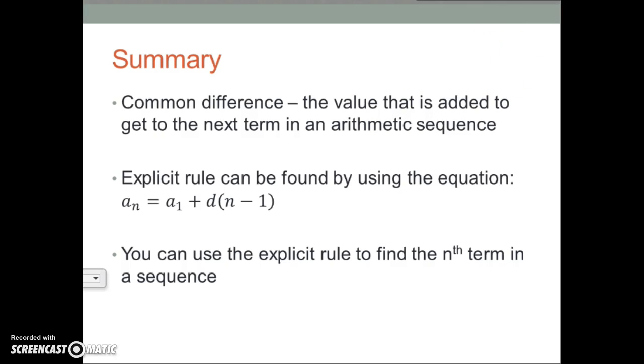And then real quick, just to review, today we learned that an arithmetic sequence uses a common difference, noted d, which is the same value added to each term to get to the next term. We also learned how to develop the explicit rule for a sequence by using the equation a sub n equals a sub 1 plus d times n minus 1, where a sub n is the unknown term, a sub 1 is the first term, d is the common difference, and n is the term we're trying to find. And finally, we learned how to use the explicit rule of the sequence to find an unknown term by replacing